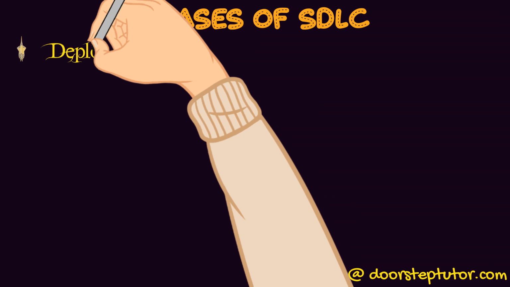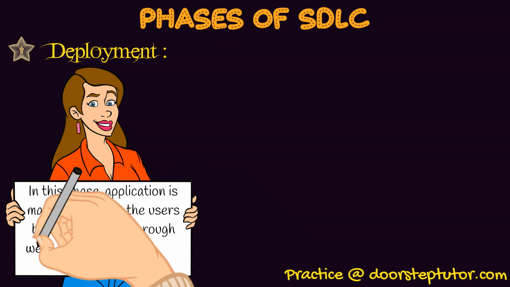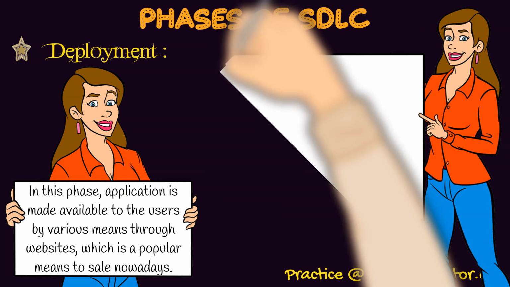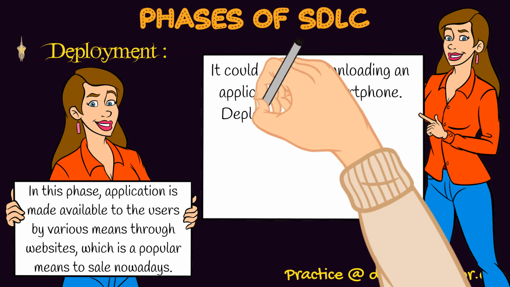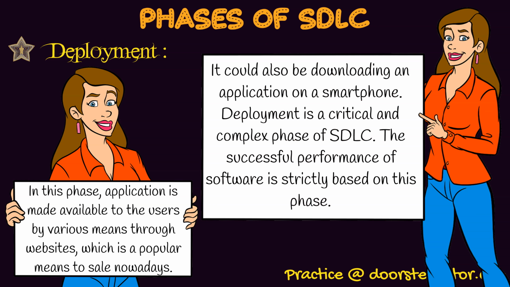Then is the deployment. So deployment means that we have to finally create a website or application and provide it to the user. So it must be able to be downloaded from any platform according to the need, like smartphone or system. So this is the basic requirement over here. But deployment is a critical step and a very difficult step too, because if we are not able to create a good product and we create a badly implemented system, it will be really very difficult to maintain at later stages.